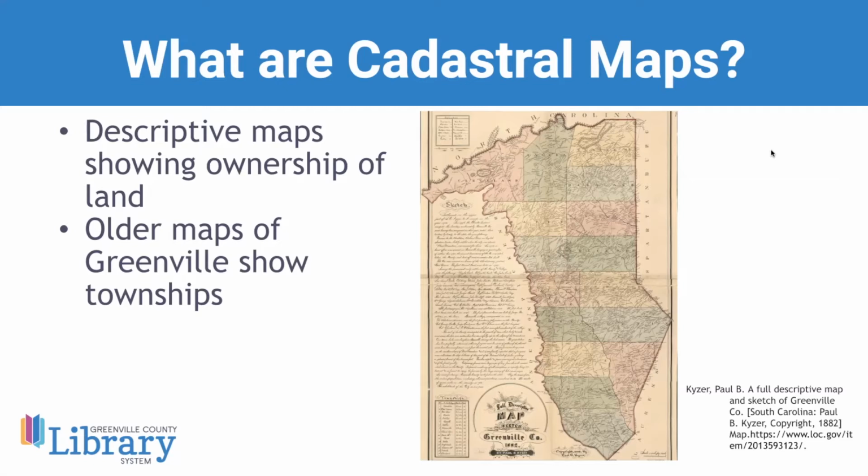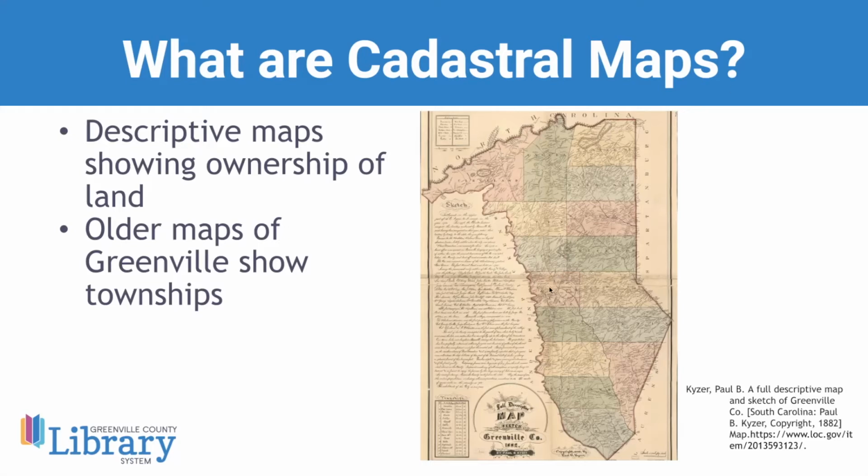And the neat thing about this one I really like, and I'm going to show you a little bit more later so we can zoom in. We'll actually go to the Library of Congress and look at this one a little bit more. But when you zoom in, you can see the names of people who lived in the area and in the vicinity of where they lived. You can see the names of churches and schools and, of course, rivers and things like that. So it's very descriptive, which is a great resource for genealogists. You can also see the old townships on here, and we'll zoom in on those later.